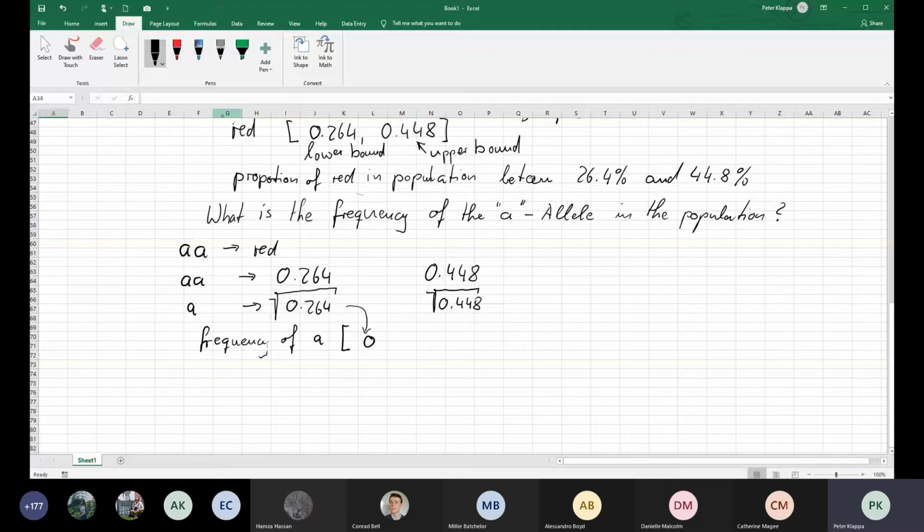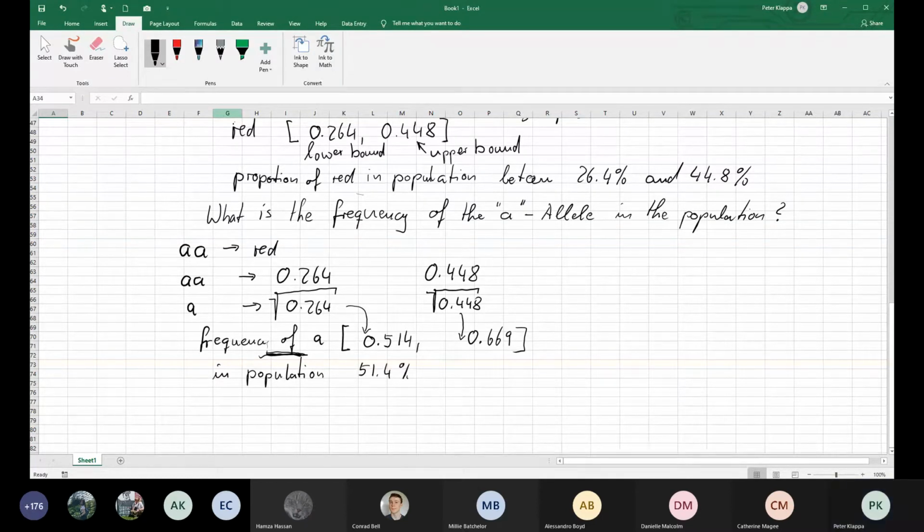Thank you very much. That is 0.514. And lovely, thank you. And what do I get if I take the square root of 0.448? So that gives me 0.669. So the frequency of the a allele in the population,